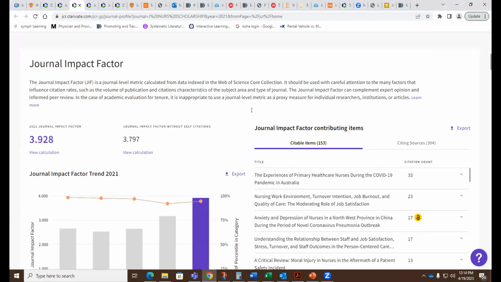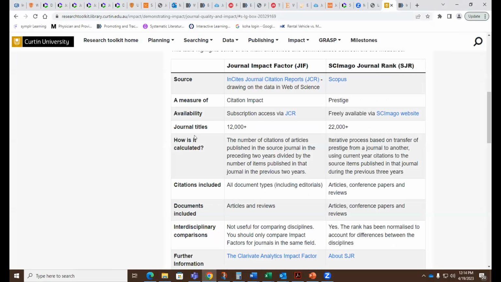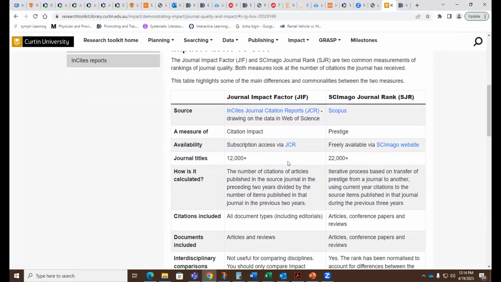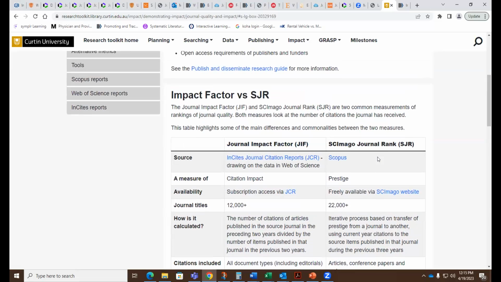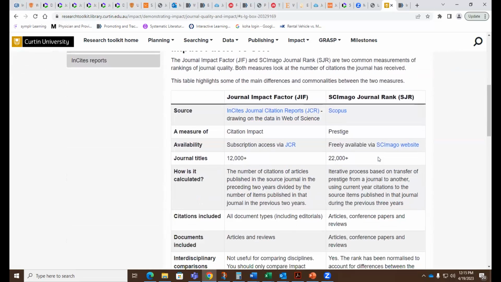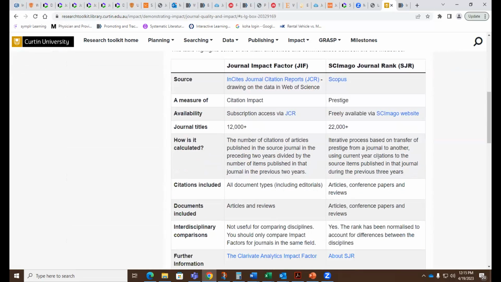So let's switch gears now. Now that I've talked a little bit about the journal impact factor and how you get to it, I'd like to compare that against the SJR, the SCImago journal rank. And I'm using a graphic that's provided by Curtin University on their LibGuide demonstrating impact. So they just do a comparison of the two. Of course, obviously, the impact factor is drawing on Web of Science. SCImago data is coming from Scopus,